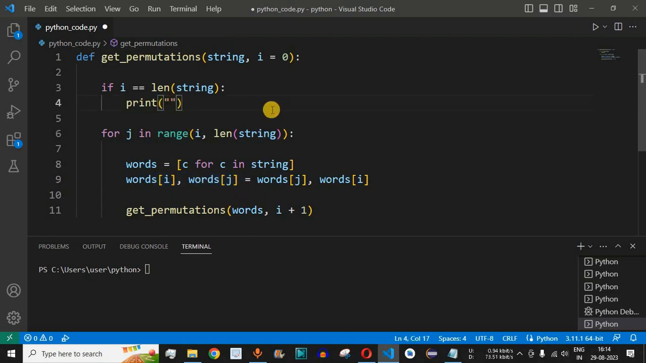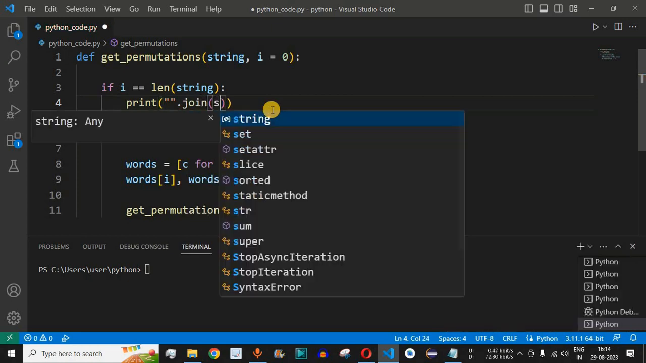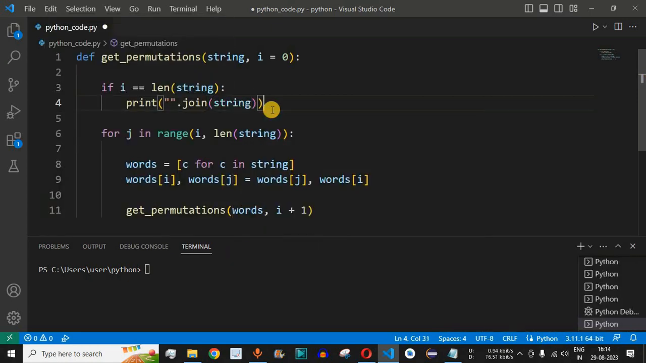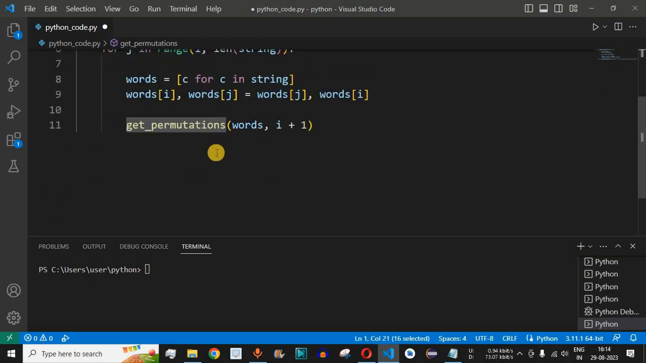So over here we will say double quotes followed by dot, and then we have join, and then we can simply provide the string variable over here. And so guys, we have completed the definition of our get_permutations. The only thing that we have to do now is call this get_permutations. So I'll just copy this, and after this definition of get_permutations we will just paste it over here, and